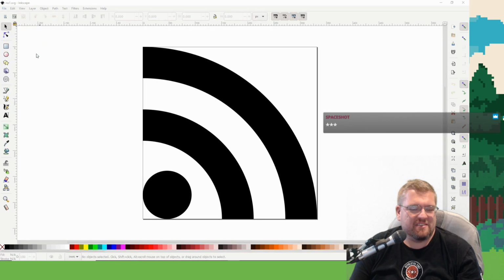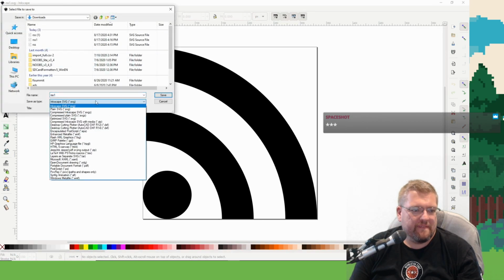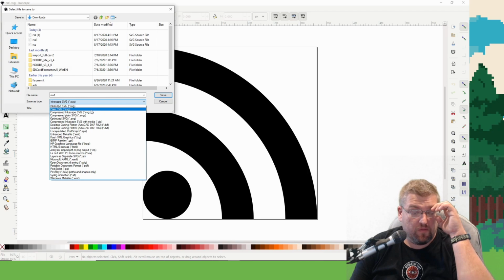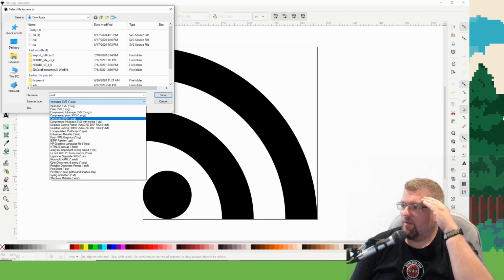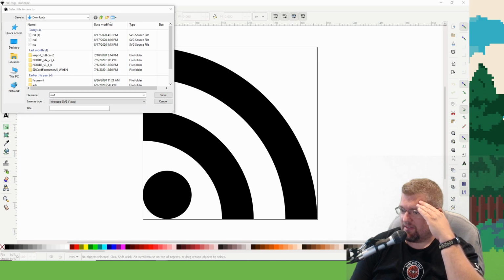All right, save as. So I want compressed. What does Stack Overflow say about this? Now, one solution here is to use GIMP. No, no, we don't hate ourselves.